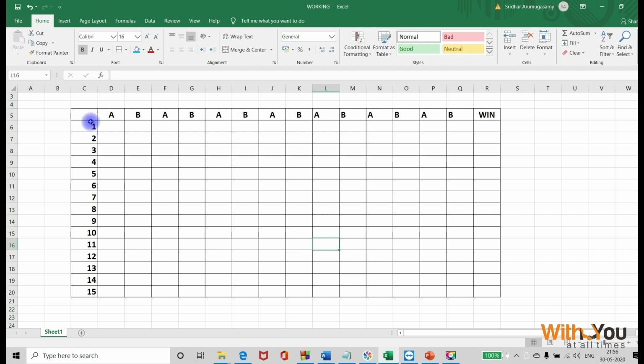So 1, fine. Obviously, Alice will win. Alice will pick 1, and the winner is going to be Alice. Next, 2: Bob wins. There is absolutely no possibility where Alice can take 4, so she has to take only 1. Now Bob will take 1 and Bob will become the winner.